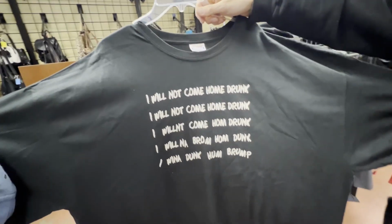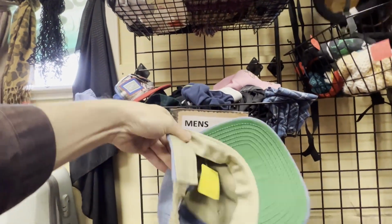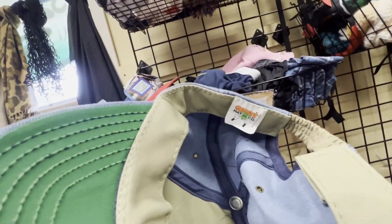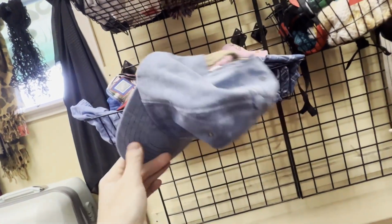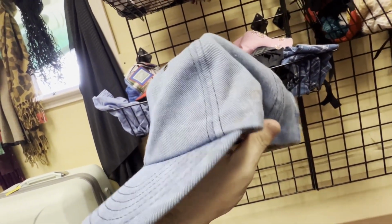It's cool, man. Browsing the men's underwear, and I come across this vintage Mickey Mouse hat. It's on that Goofy Hat Company tag. Because it was in the underwear section, it's got a little skungus on there. But you know what? That's nothing that I couldn't use a little spit and...